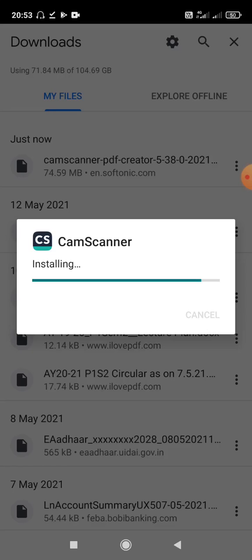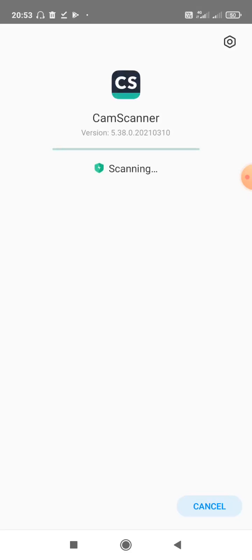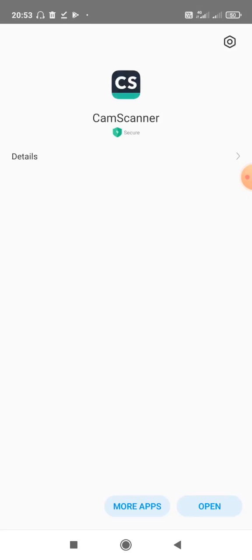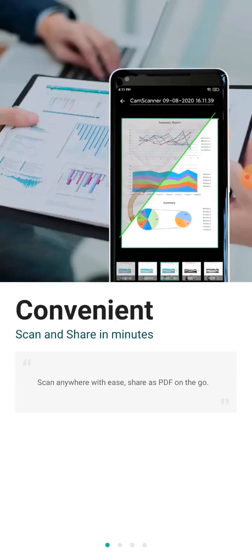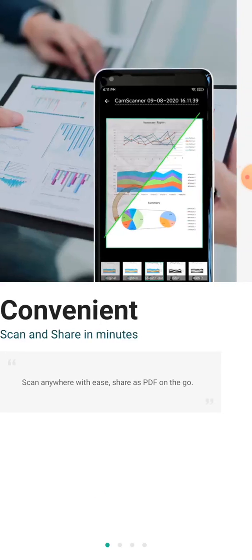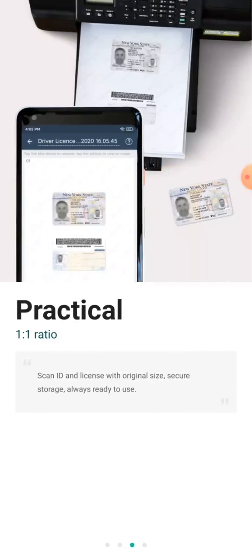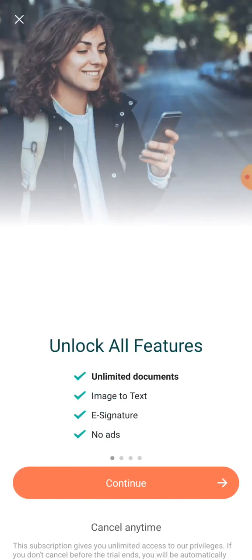This will take time based on your device. Next, click on open. Then you can scroll it to the right side like this, then continue.